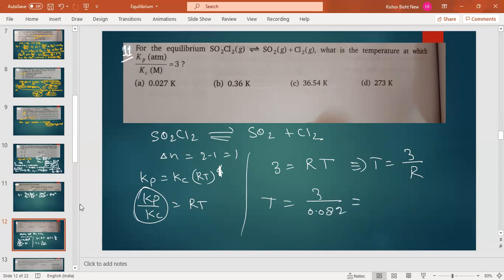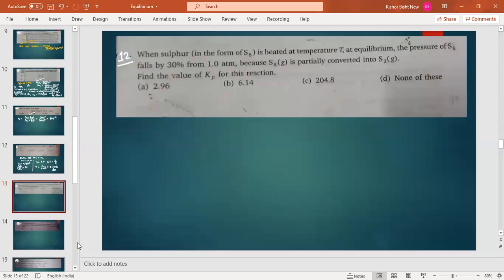So you will get the answer. This is dividing, then approximately 36.54 Kelvin. This is your answer. This is an important question. Come to the next. When the sulfur